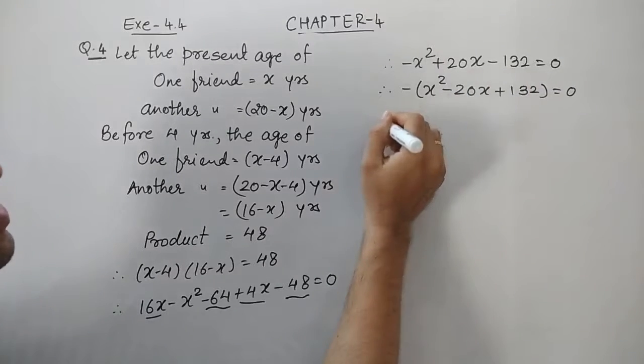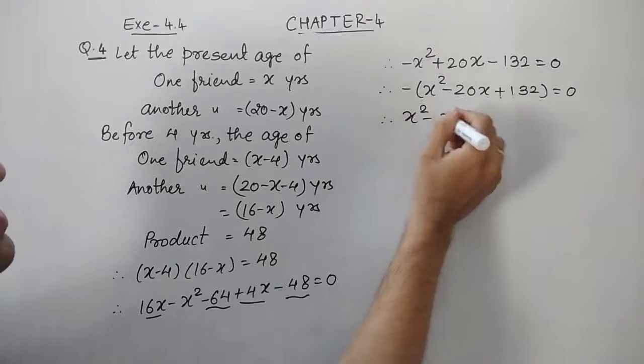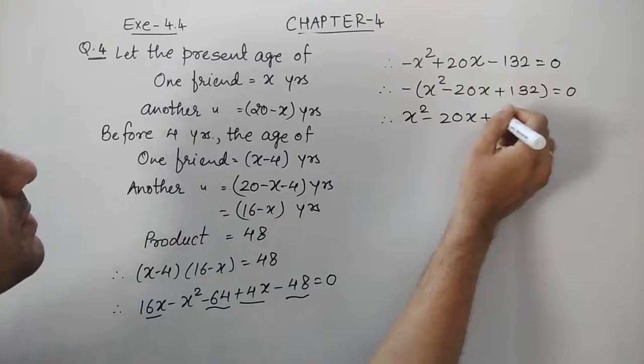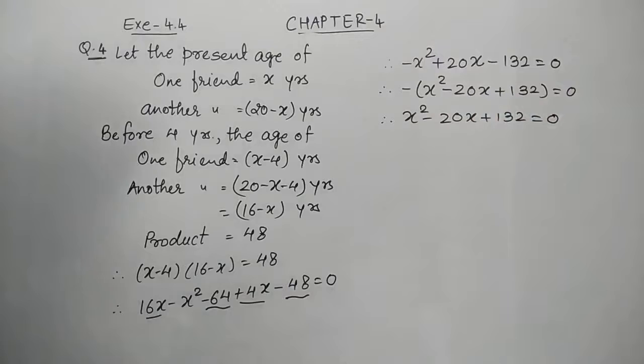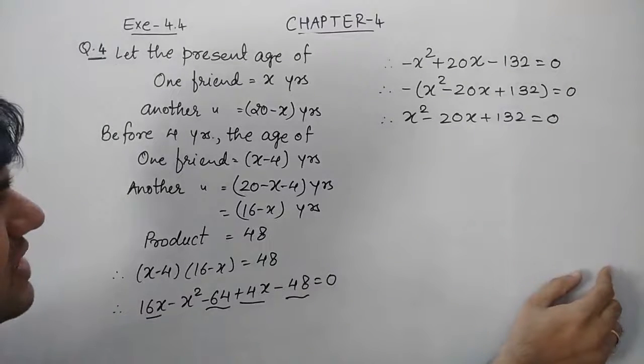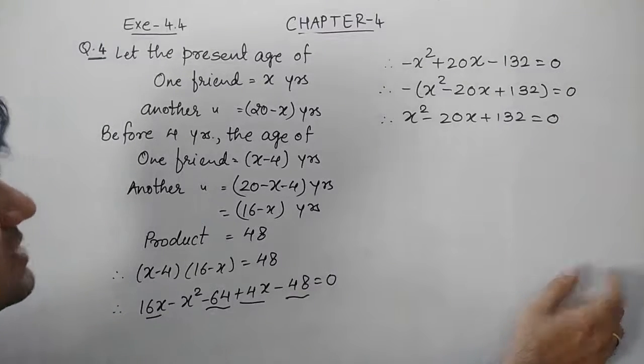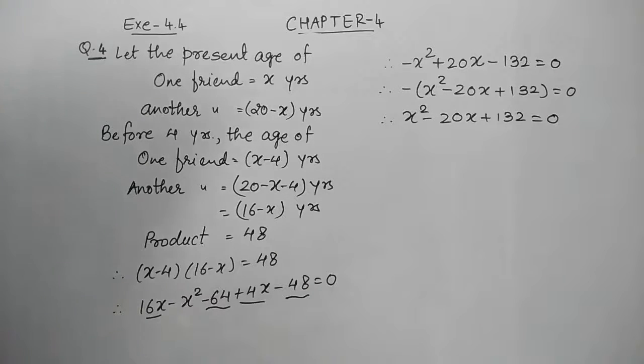I'll take this to the right hand side, the minus sign. So it will be like this. Now this is the standard form. It is in the question asked whether it is possible or not. There are two ways we can do it. We can find out the prime factors and we can go for it. Sometimes it happens that won't be easy.